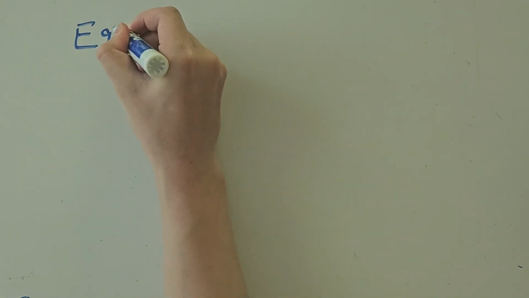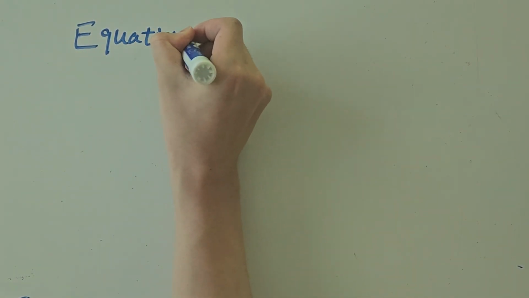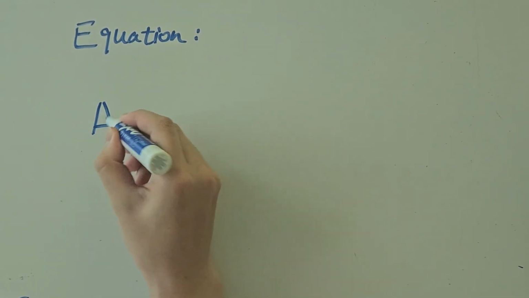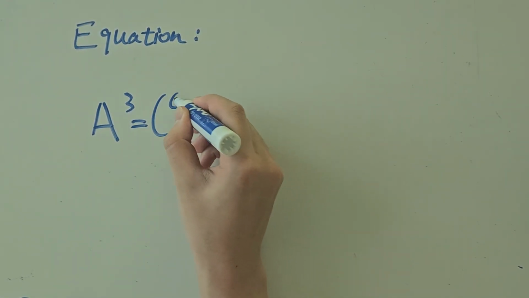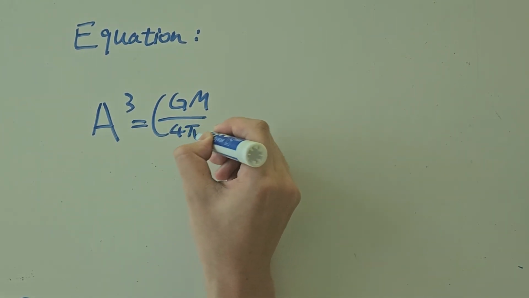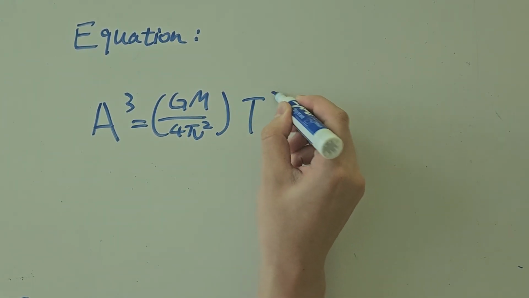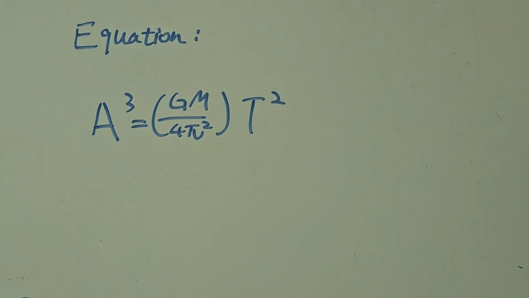The formula for Kepler's third law is a cubed is equal to GM over 4 pi squared, all multiplied by T squared. In the formula, T represents the orbital period of a planet, which is the time taken to complete one full orbit around the Sun, measured in seconds. The variable a stands for the orbital radius, which is the average distance from the planet to the Sun, measured in kilometers. And the constant 4 pi squared over GM involves pi, which is the mathematical constant, G, which is the gravitational constant of